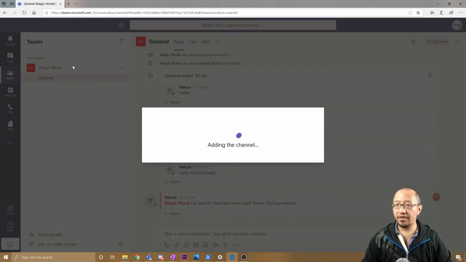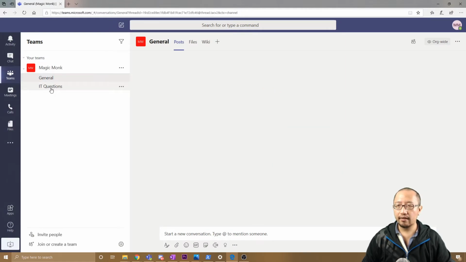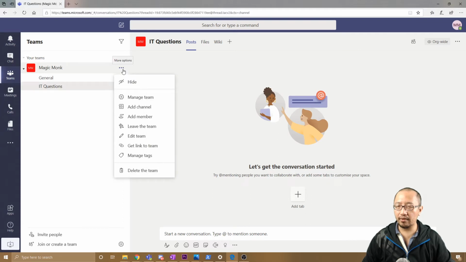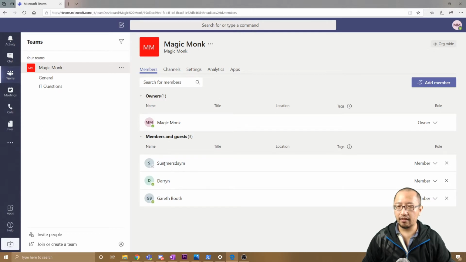Okay, so within my team, I can have multiple channels. And I have a general channel, I have an IT questions channel, and you can also go into the channel by clicking the 3 dots here, and you can manage the team. Manage the team is very important because you can see who is part of the team. You got Summer, you got Darren, you got Gareth, and